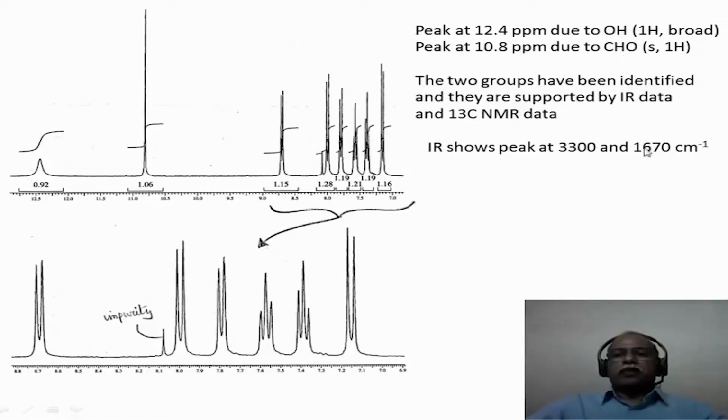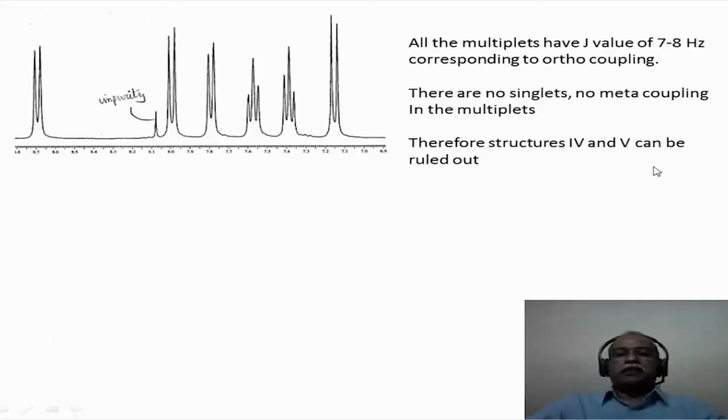The aldehyde corresponds to the 10.8 ppm, which is corroborated in the IR spectrum by the peak at 1670 inverse centimeter or so. Now, what is important to recognize in this particular spectrum is that among these multiplets, there is a doublet, a doublet, a triplet, a triplet, and a doublet. All of them have one hydrogen intensity in terms of integration. If it is a disubstituted naphthalene, you should have 6 protons present here. This is proton 1, 2, 3, 4, 5, 6. There are 6 signals that are very clearly seen in the NMR spectrum.